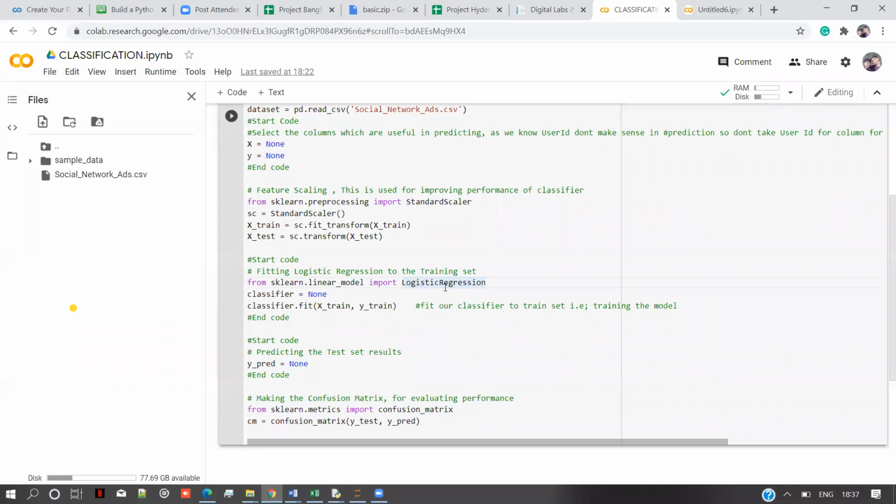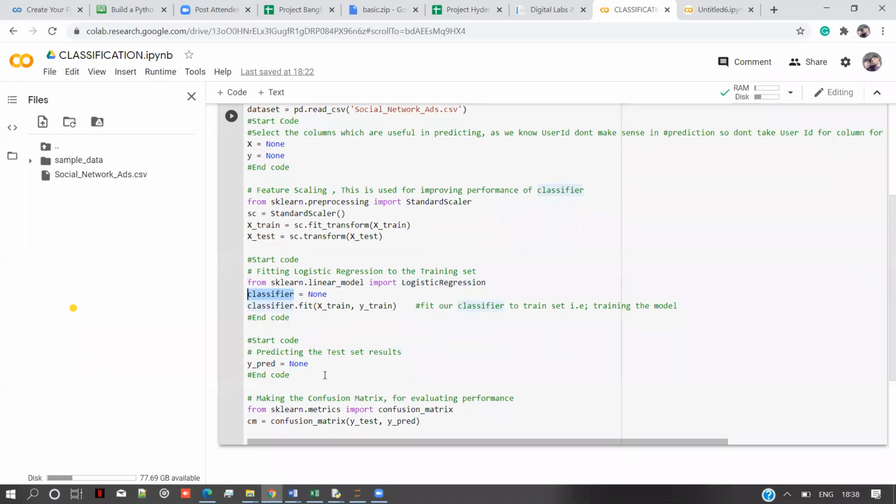So after importing the regression we need, we'll make an object for the class we imported, and we'll fit the method with xtrain and ytrain, which is nothing but training the model using the xtrain and ytrain datasets. Next, we need to predict the results, right? We'll predict the results by using the xtest array with the method called predict.